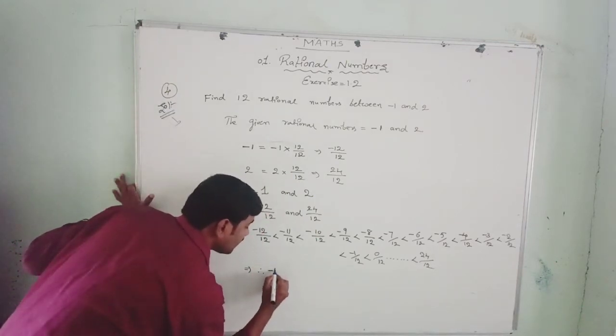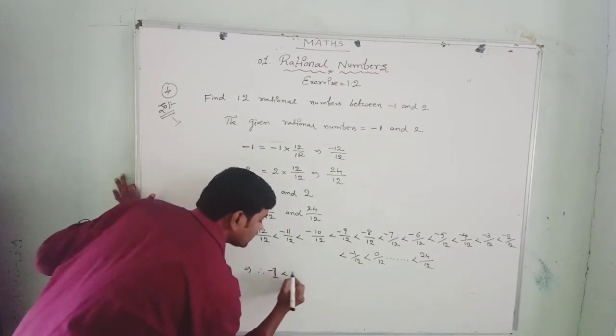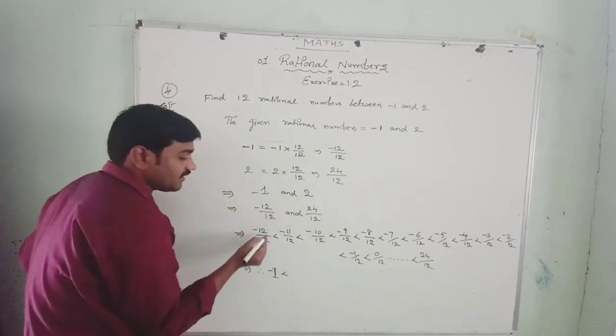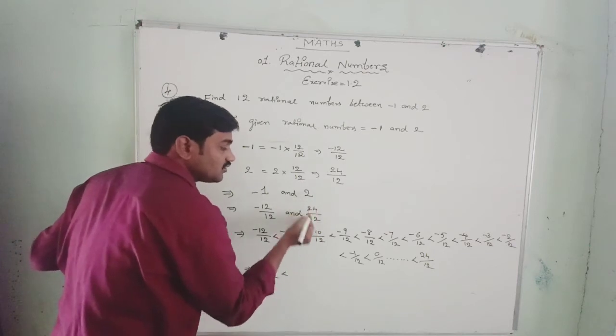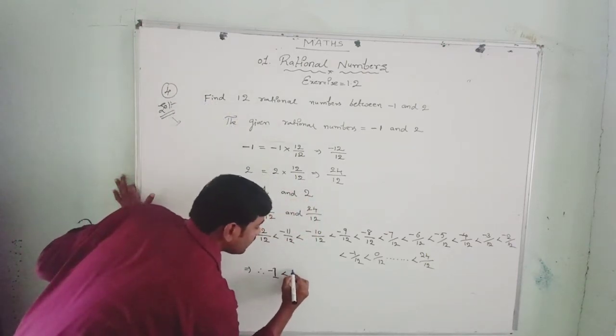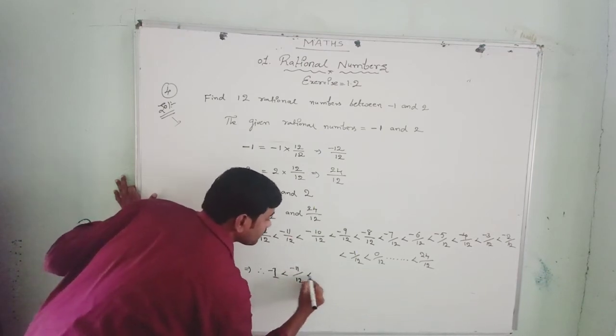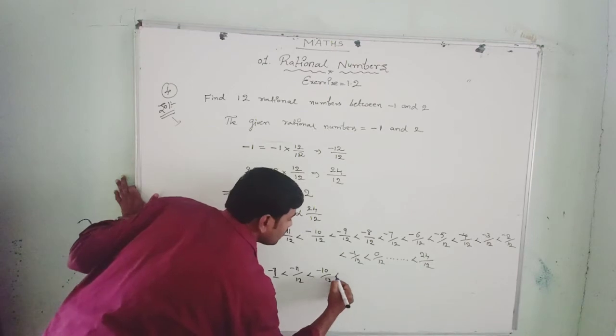So minus 1, this we write minus 1 and the remaining all we have to write same. అంటే వీటి మధ్యనే రాయాలి కదా. minus 12 by 12, 24 by 12 మధ్యలో రాయకూడదు, వీటి మధ్య రాయాలి. So minus 1 by minus 1 and this you write minus 11 by 12, minus 10 by 12, minus 9